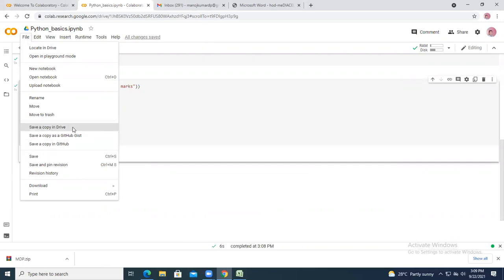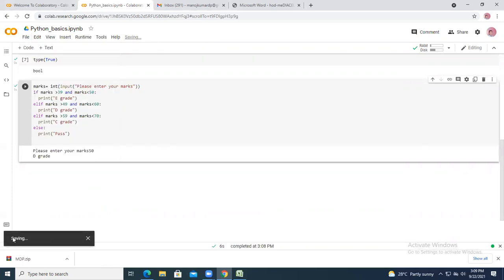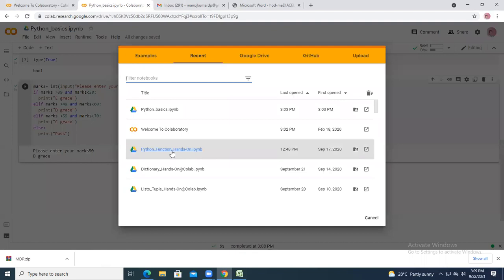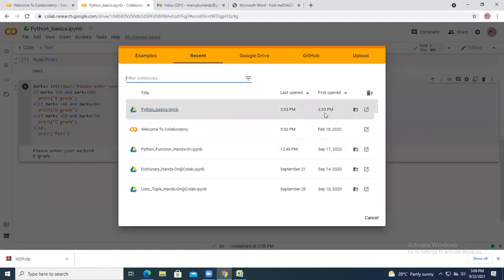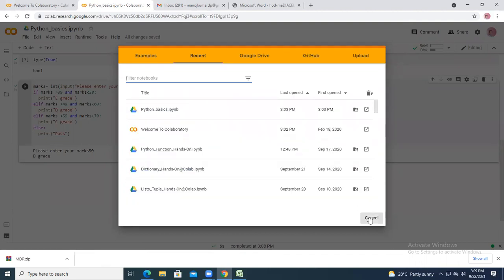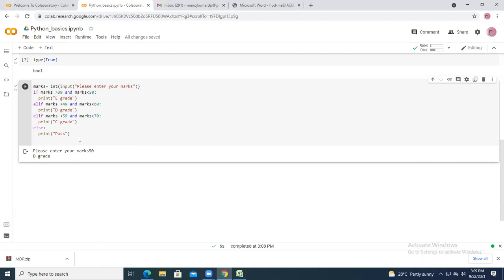If you want, you can save it in Drive, or just click save and it will be saved. Once it is saved, you can open any notebook. Today's file I created at 3 p.m. This is the file. I have created many, so kindly work using Google Colab.